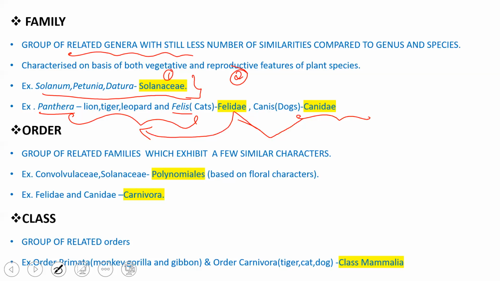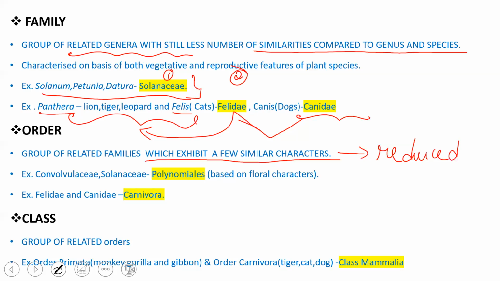Order is a group of related families which exhibit a few similar characters. When compared to the characters which are common in the case of the family, the common characters here have been reduced. The common characters have been reduced even more, so henceforth they exhibit only a few similar characters. For example, the families Convolvulaceae and Solanaceae all belong to one single order